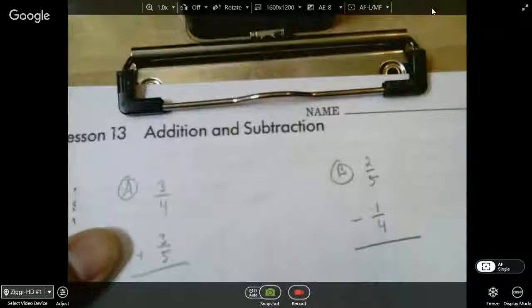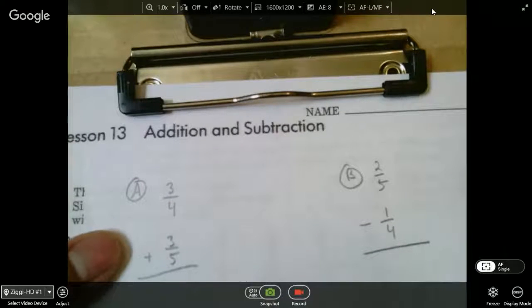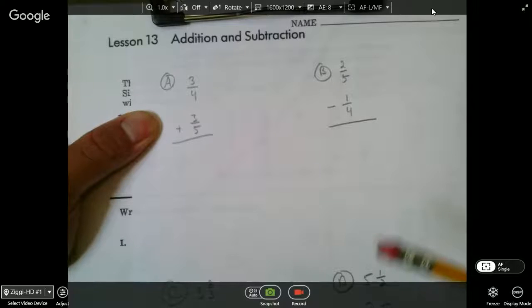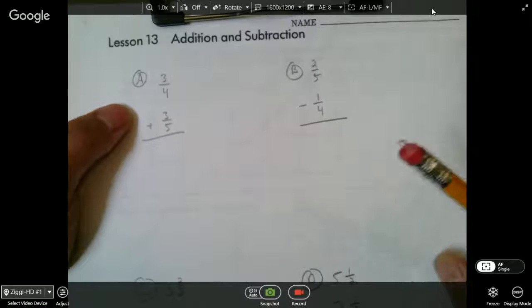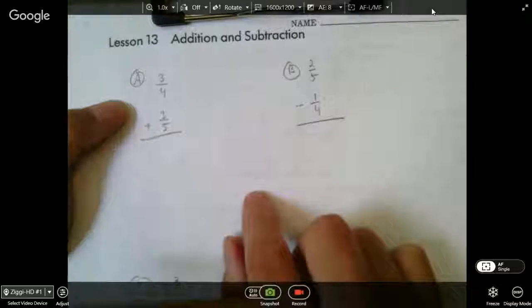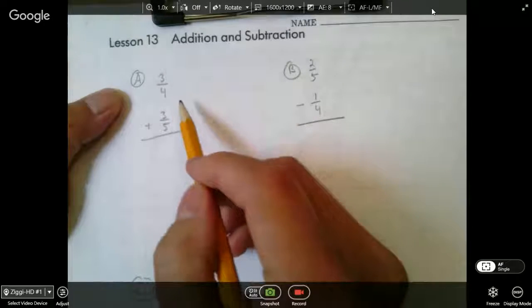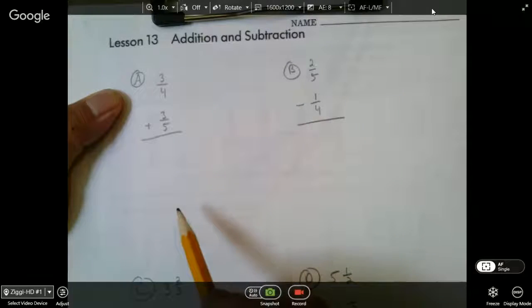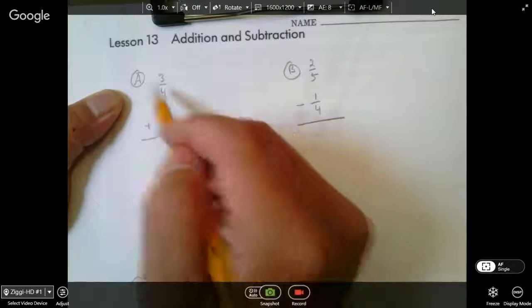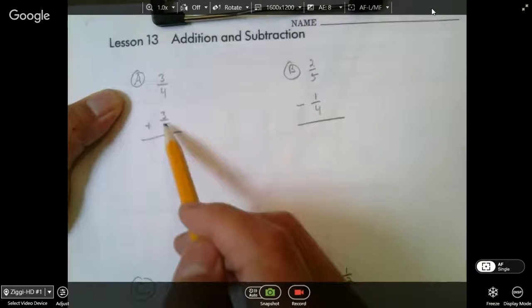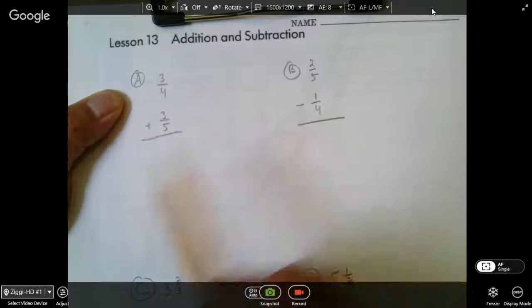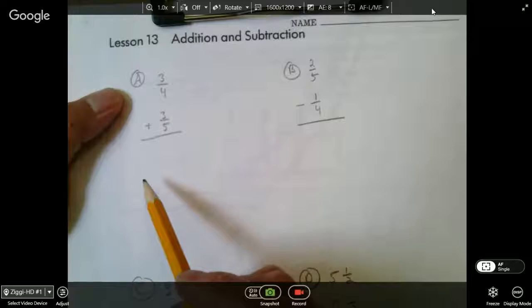Next lesson in our fractions review is lesson 13, addition and subtraction. And the key difference between this lesson and the last one is that the last one had all common denominators. These will not. Okay, so we need to find a common denominator. So if you look at example A, you have 3/4 and 4/5. That 4 and the 5, we need them to be the same. Okay, the quickest way to do this is